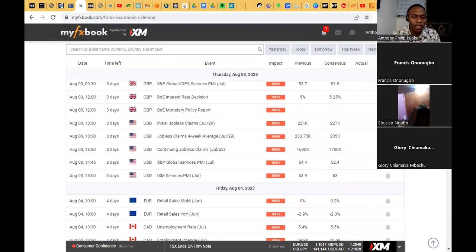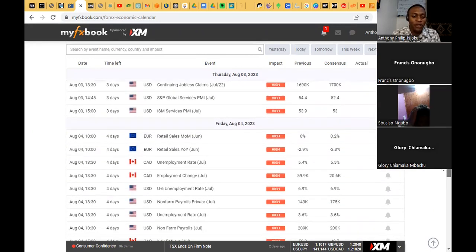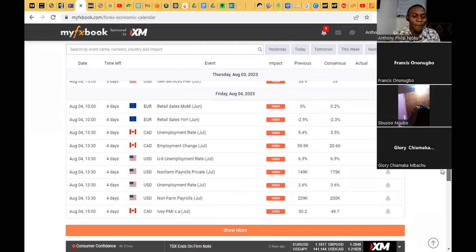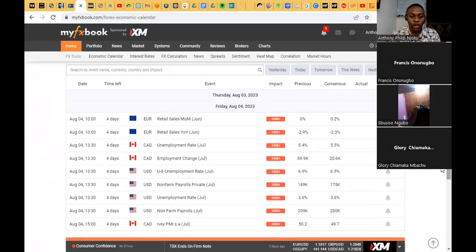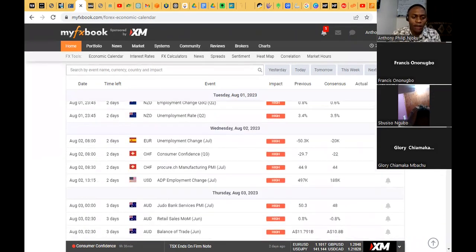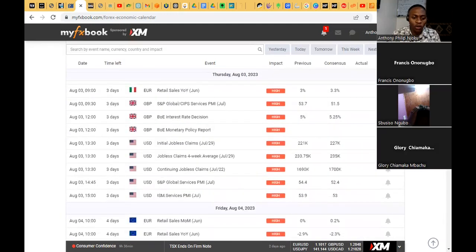And you can see that the initial jobless claims will be dropped as well in the New York session for the USD. And most importantly, on Friday, we have non-farm payroll. So we're trading non-farm payroll. We're not trading the London session. We're trading non-farm payroll, New York session, for Friday. That is the USD non-farm payroll, very, very important high impact news. So I hope all of you have your calendar set. We have live trading on Wednesday, live trading on Thursday, and live trading on Friday.